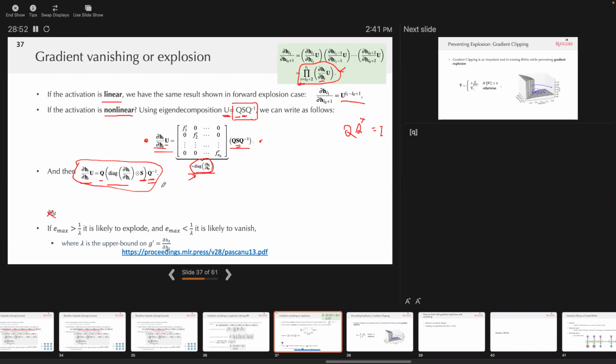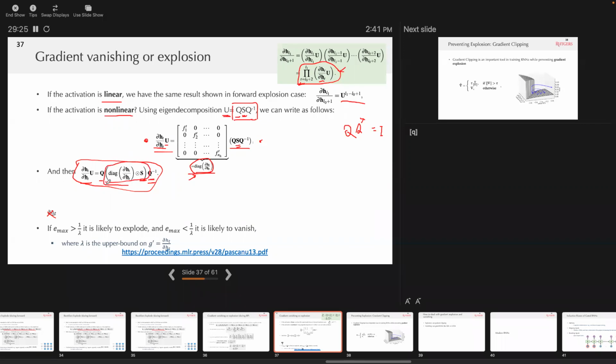Because these are Q inverse times Q, so this is going to be an identity matrix. So this whole thing is going to become Q times this middle thing, to the power of 2, and times Q inverse. So this middle term is exactly what we're showing in here. This middle term is also very easy to compute because this middle term here,